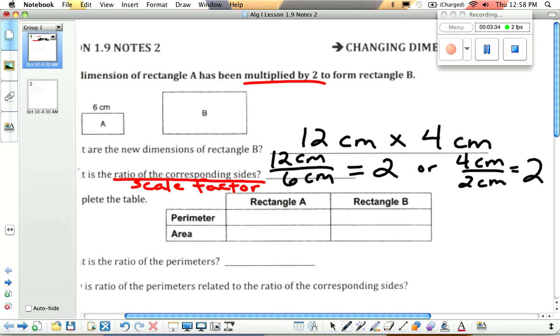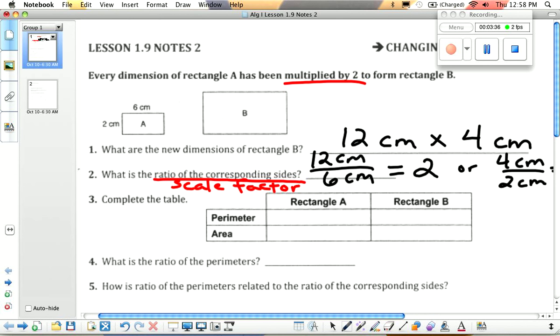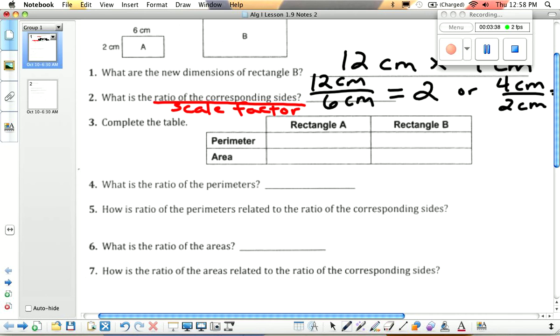Okay, well, let's complete the table and see what using a scale factor of 2, or the ratio of corresponding sides being 2, does to the perimeter of those rectangles, and what it does to the area. So let's just do perimeter first. How do you find the perimeter of a rectangle? How do you find the perimeter of a rectangle, John? The length plus width plus width. So L2 L plus W2. Yeah, so there are 2 lengths that are the same, and there are 2 widths that are the same, and perimeter means the distance around. So we have to add all of those